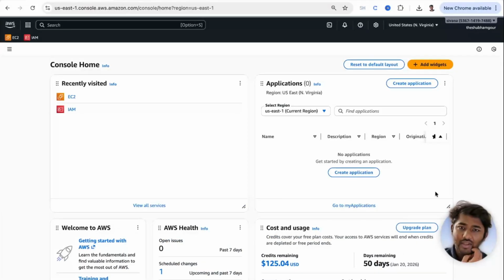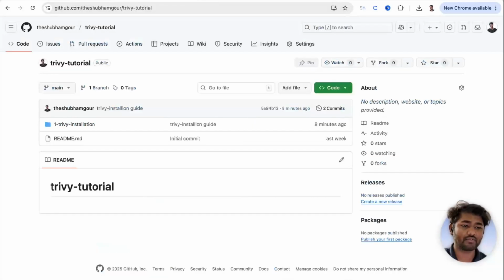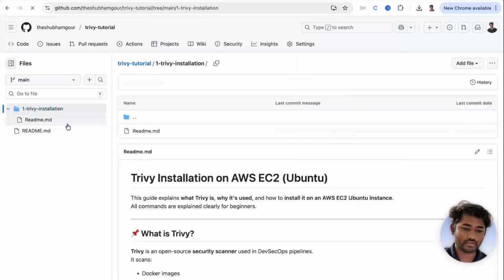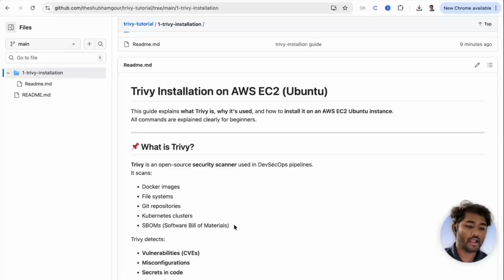For that, we are going to start from scratch. I am going to create the AWS instance and tell you how things actually work. But before we proceed, I have created one repository. In this repository, again, there will be multiple sub repositories. The way we are going to learn it, all the things will be documented here based on the sub repository. Now, if you go to the first directory, that is first Trivy installation, you'll find one readme.md file